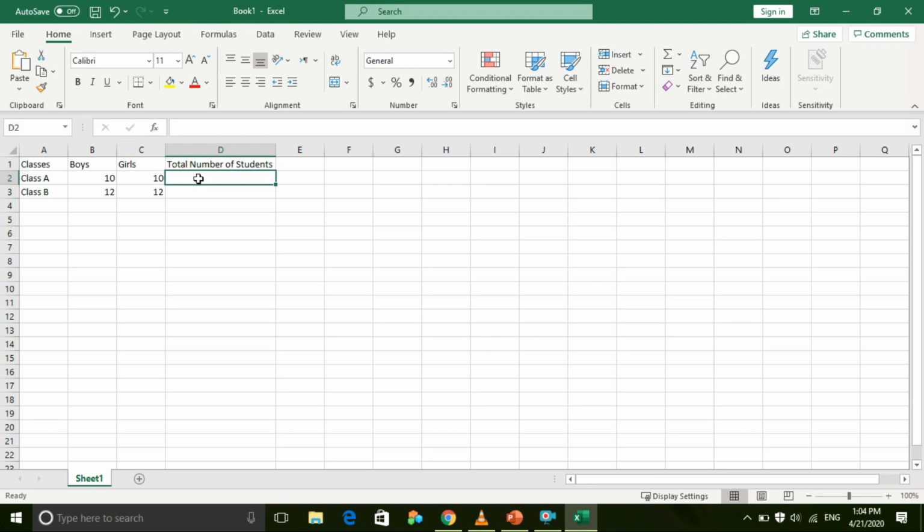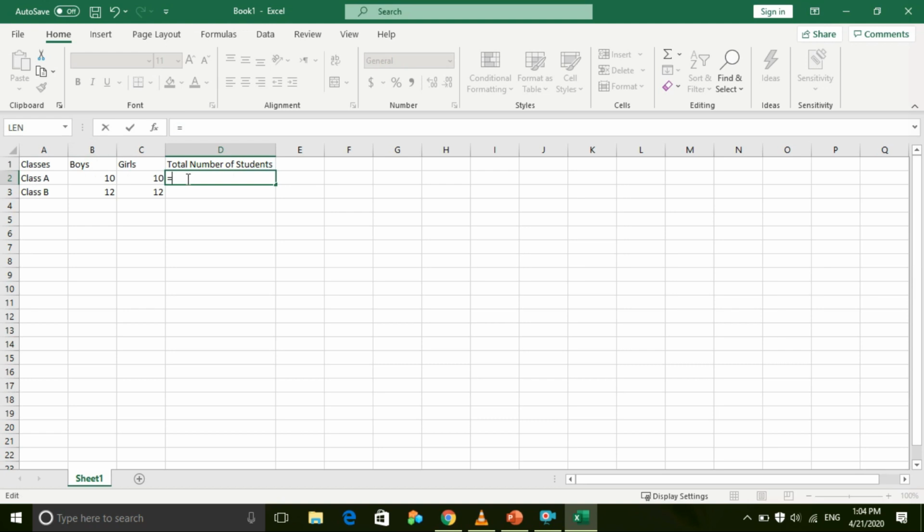So first thing I have to do is select the cell D2. So this is D2. I have selected D2. Next thing I have to do is, on the keyboard you can see at the top the equal sign. So press that equal sign, and then you have to write an equation, that is B2, which is 10.